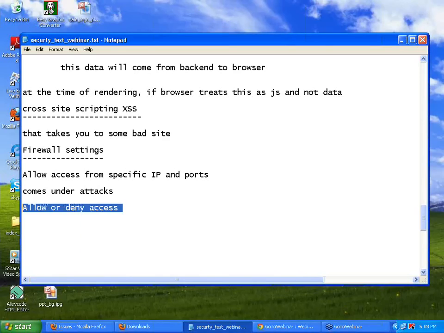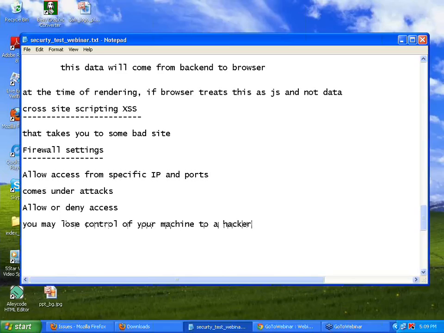If you don't do this, what will happen? Either you may lose control of your machine to a hacker, because your machine also has an IP address. And if you allow anybody to access my system and somebody attacks it, you lose the control.